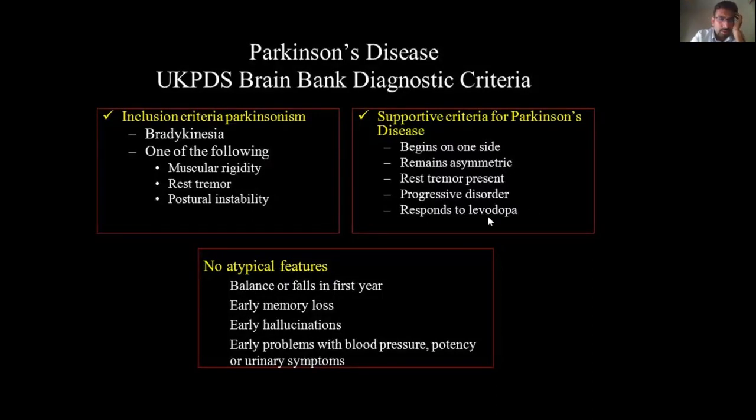And if you look at the top left corner box, you need bradykinesia as a mandatory part of the diagnosis, and you need one among the other 3. So these are the basic things, and there are supporting criteria for Parkinsonism and atypical features. So we need to make sure there are no atypical features, and supporting criteria, you don't need all of these. It just supports your diagnosis. So please focus. So here, Parkinsonism.